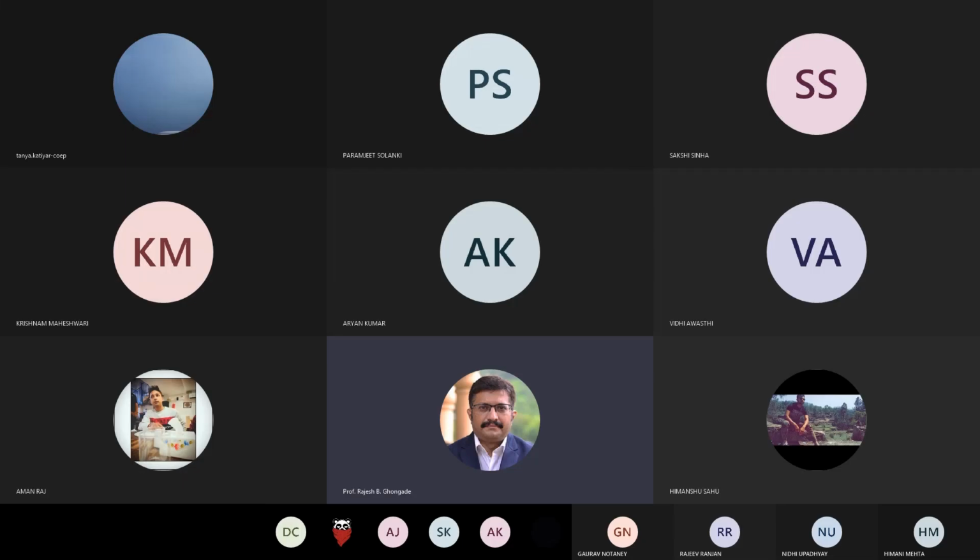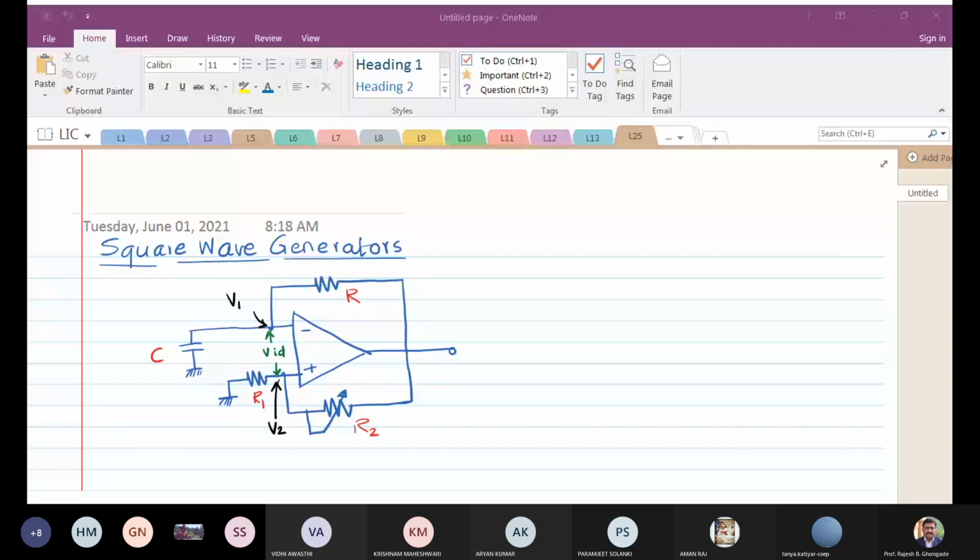Number 4 is remaining, so we will complete that first. As I said earlier, we will be having a lot of extra lectures. I hope you are okay with that. Yes, sir. Because I'll be showing you the simulations also. We didn't get enough time for simulations this semester, like what we did for EDA. So I would like to have a lot of simulations also to support the theory.